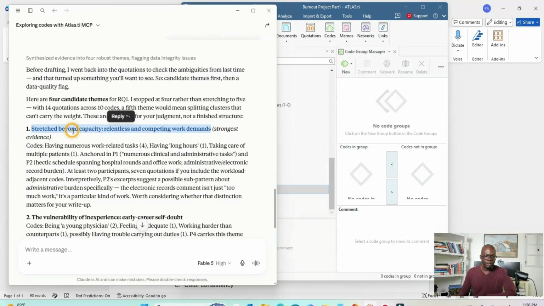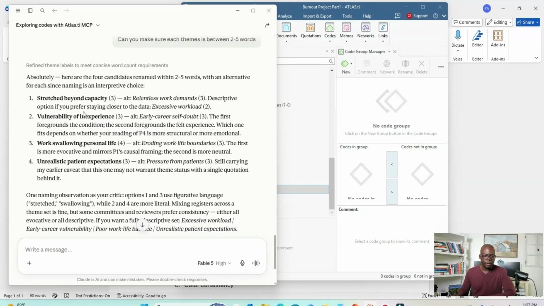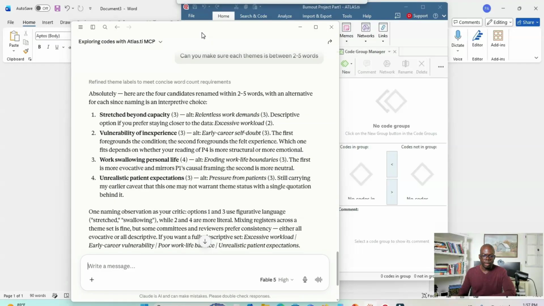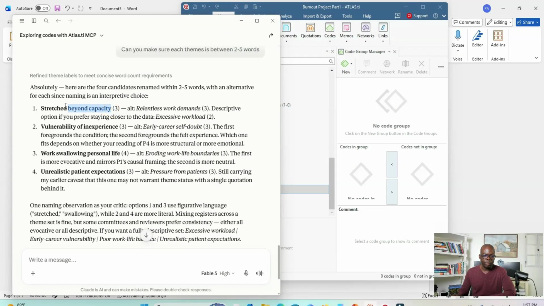And then it looks like this theme is too long. I can say, can you make sure each theme is between 2 to 5 words. Okay, so the system has been able to reduce the number of words for each of the themes. So now that we have it, what we can do is, if you agree with the themes,